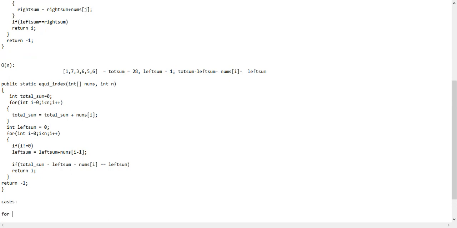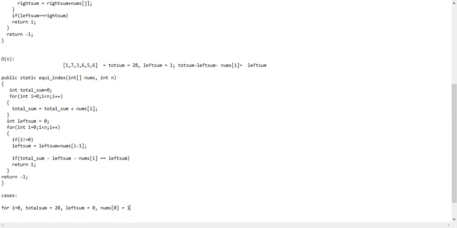Okay, now for i equal to 0, what is our total sum? Our total sum is 28. What will be our left sum? Our left sum is 0. And what is our nums of 0? Nums of 0 is 1, because we are at the first position, right? Now that if condition takes place.